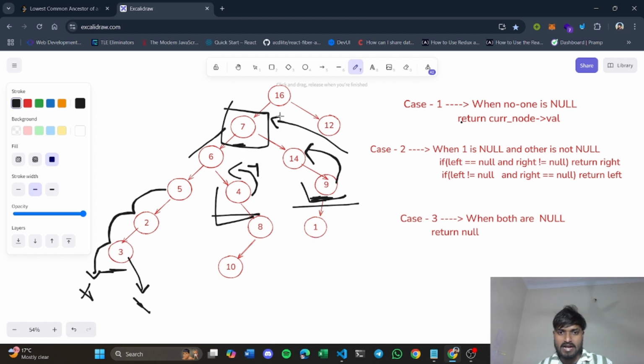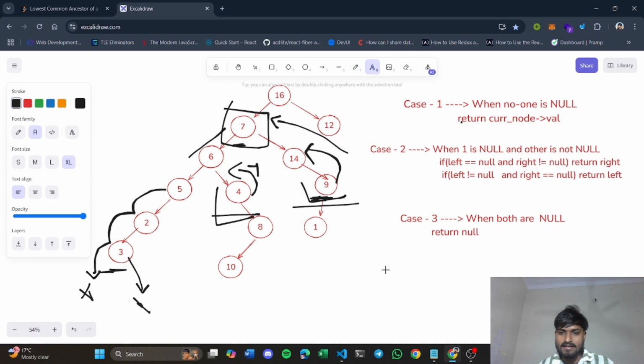So in this case, if your left answer is equal to P, that is node 4 was P and node 9 was Q, and right answer is equal to Q, you will basically return the current root.